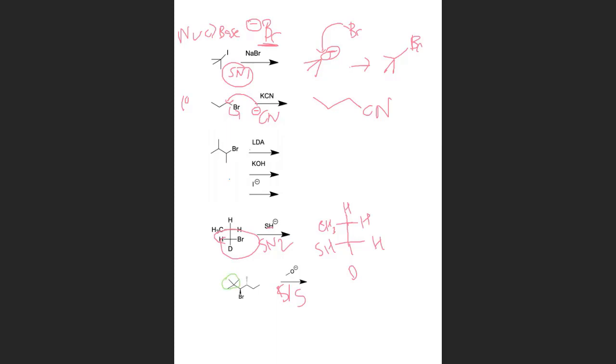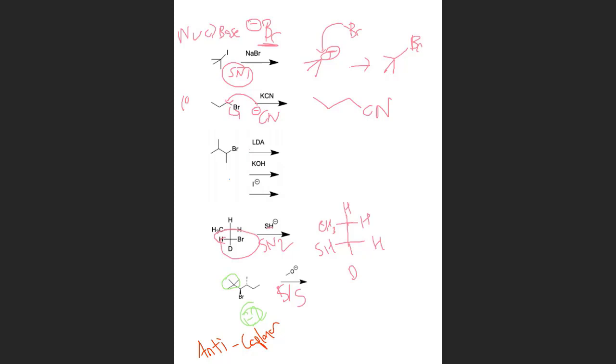Because of this, we can't do SN2, so we have to do E2. But because of stereochemistry, we now have to consider anti-coplanar. This is the rule with E2 that says that the bromine and the hydrogen have to be anti-coplanar to